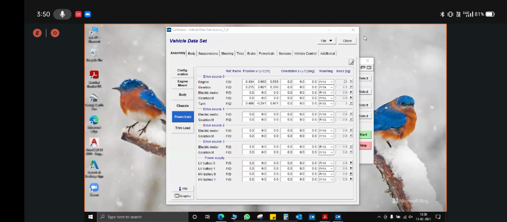Tomorrow will be the last session on IPG CarMaker training. It will be based on simulation, the IPG Driver, how to put the maneuvers, what output quantities you get, and the IPG Control. IPG Control has already been covered by the ATS team. You can also explore that as now you have the licenses installed. In IPG Control, you can see the output quantities there.